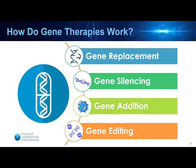We also have the option for gene addition, which entails introducing and usually overexpressing new genes into cells as a measure of disease protection. And a great example of this, which I'll elaborate on in a few slides, is chimeric antigen receptor, or CAR T-cell therapy, which is a promising form of cell-based therapy that's presently being used to fight